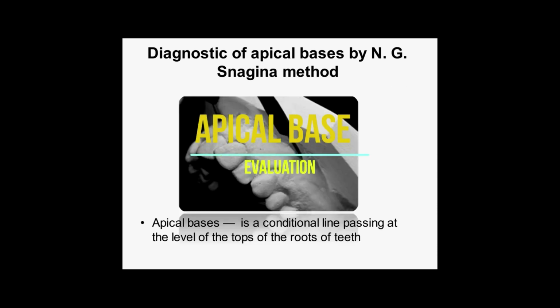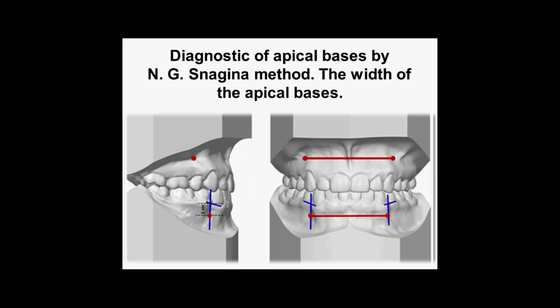The apical base is a conventional line that runs at the level of the apices of the roots of the teeth on the upper and lower jaws. The dimensions of the apical base are studied in the transversal width and sagittal length directions according to the House method modified by Snagina. The width of the apical base on the maxilla is determined on the plaster model by